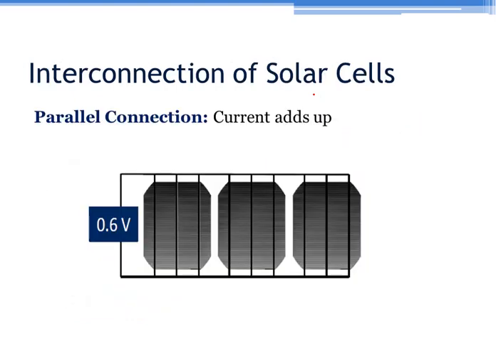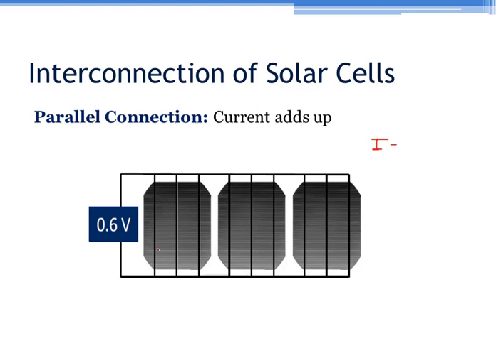Now let us understand the interconnection of solar cells when they are connected in parallel. When we connect solar cells in parallel, the main motto is we want to boost the current. If there is some application where we want constant voltage, so the voltage should not be changed, then depending on your voltage requirement, you will select the solar panel. Now the current has to be changed. So if you want to boost the current, you need to connect solar panels in parallel. So here you can see that first, second and third are connected in parallel, and each current is I1, I2, I3. So all these currents are getting added.